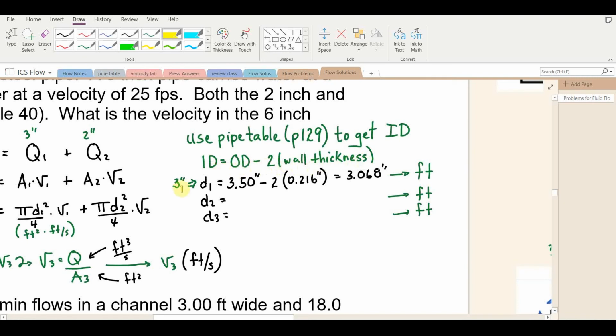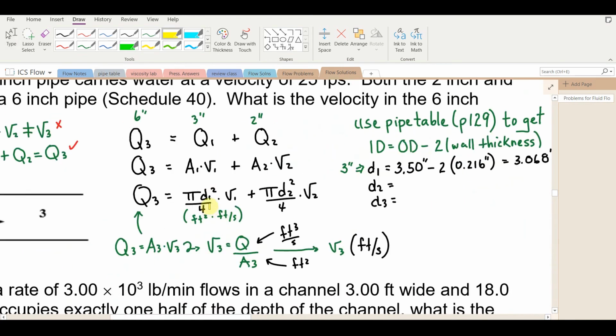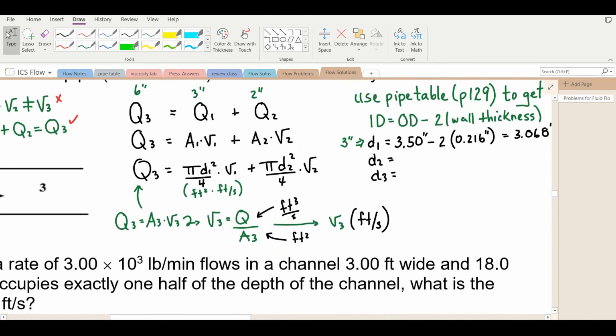I did the first one here for you. This was a 3-inch nominal size. The outside diameter is 3.5 inches minus 2 wall thicknesses, which is 3.068 inches. So you can see it's quite close to 3 inches, but it's not exact, and it would certainly be different for a Schedule 80 pipe, for example. You want to convert those diameters from inches to feet. Then when you get the area, pi d squared over 4, it'll become square feet, times the velocity in feet per second gives you the flow rate in cubic feet per second, and that'll be the sum of those two